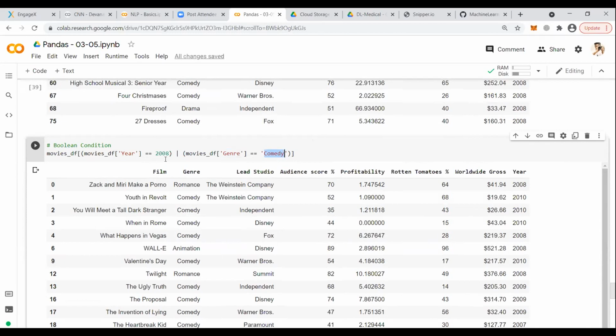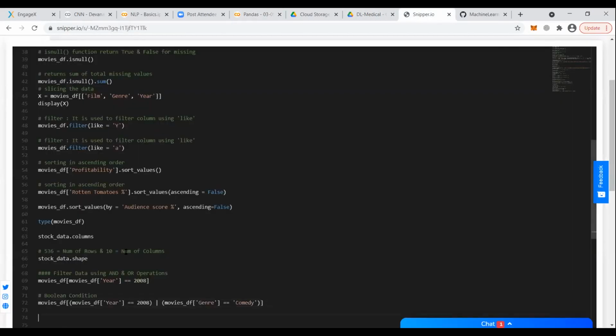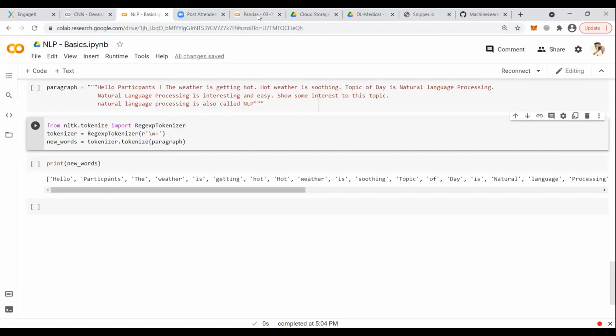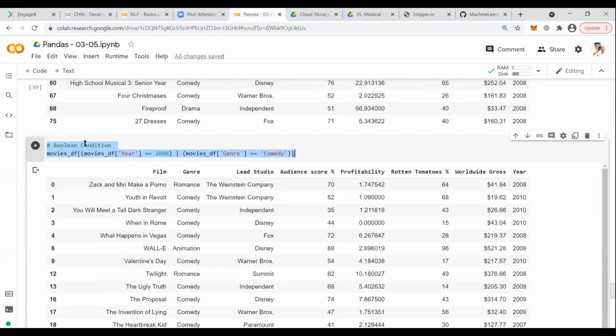Hopefully you understand how OR works. Either this or this. So this was about the OR part, your OR condition.